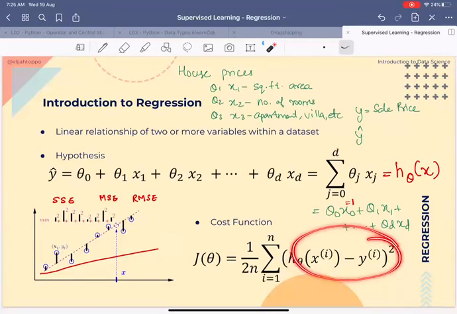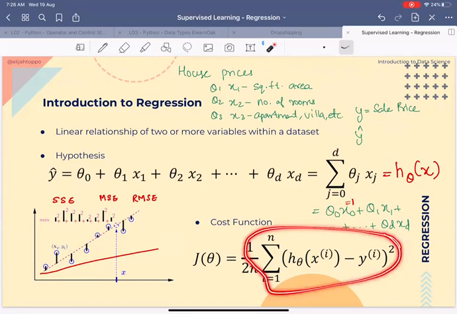So we square it, we sum it up for all the data points. How many data points? N. So our data points go from 1 to n. That is why we have this superscript i and superscript i here. So this says for the ith data point, this is my input, this is my output, and then I add it for all the data points. That is what gives us the sum for all. You multiply by 1 by n so that you get the mean of the sum of squared errors. That is MSE. And you take an additional half.